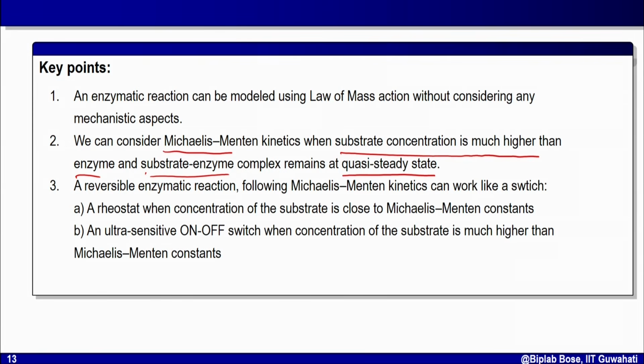If I have a reversible reaction scheme which works as a switch in a large cascade, and if both the processes, the forward and reverse reaction, follow Michaelis-Menten kinetics, then I can get a switch which has two behaviors. When the substrate concentration is close to Michaelis-Menten constant, the switch will work like a rheostat. When the concentration of the substrates is much higher than the Michaelis-Menten constant, the same reversible reaction switch will work as a